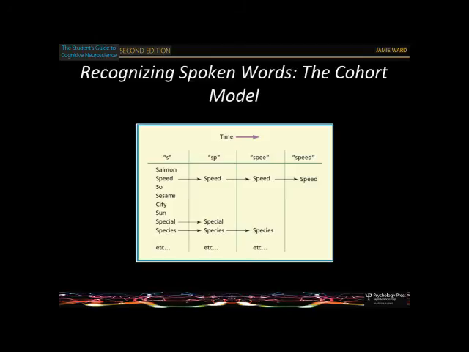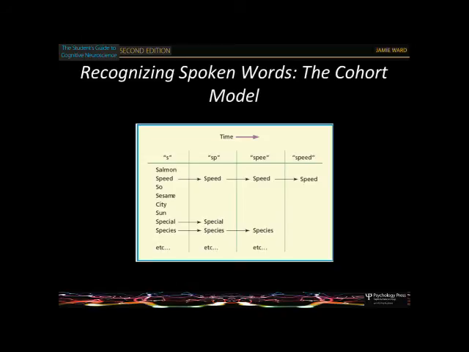The evidence for this is that you can look at what point a word becomes unique. In this case, the word speed becomes unique after you hear the d. The word elephant becomes unique as soon as you get to the f. There's no other words in our language that begin with ella and end in any other way. So the word elephant has an early, what's called uniqueness point, whereas for some words you have to wait until the last phoneme before you know that that's the only candidate left.